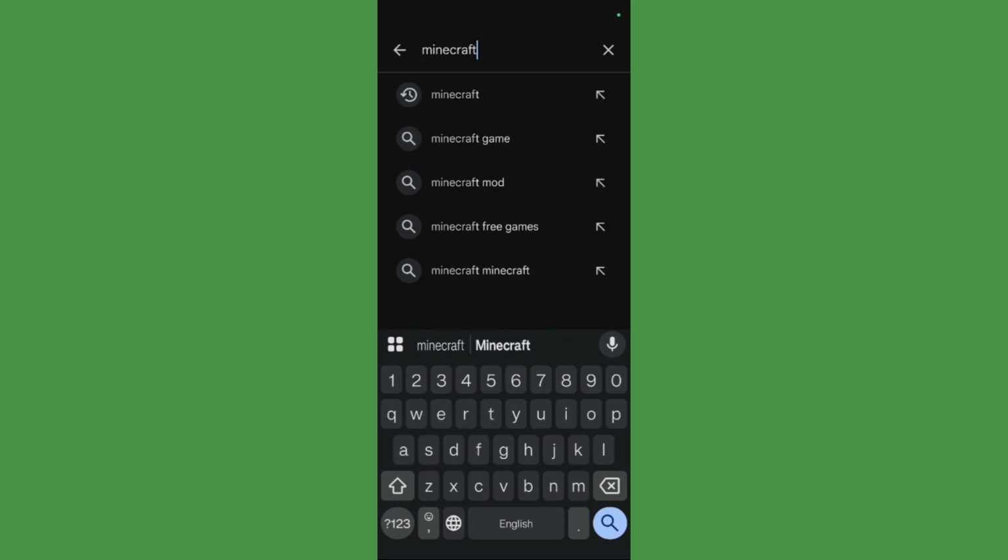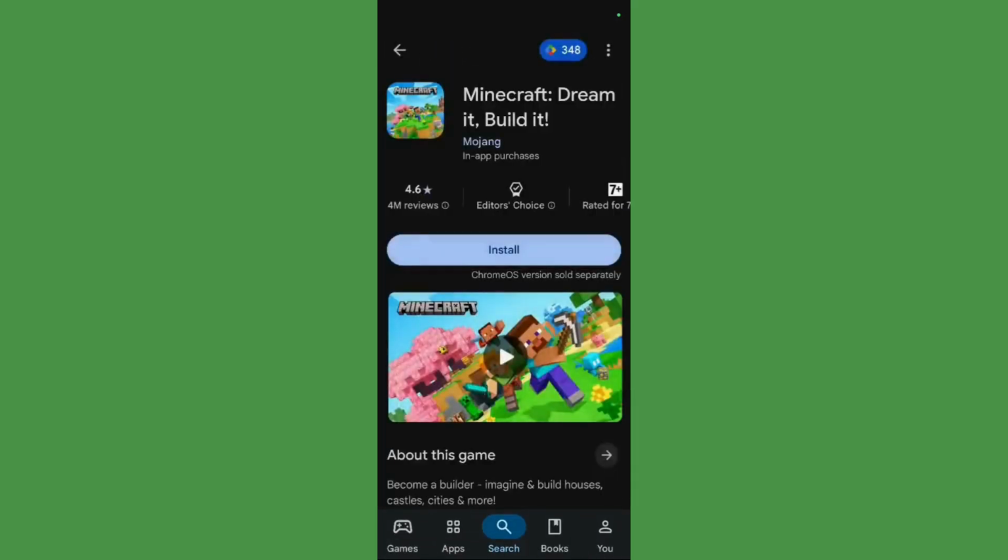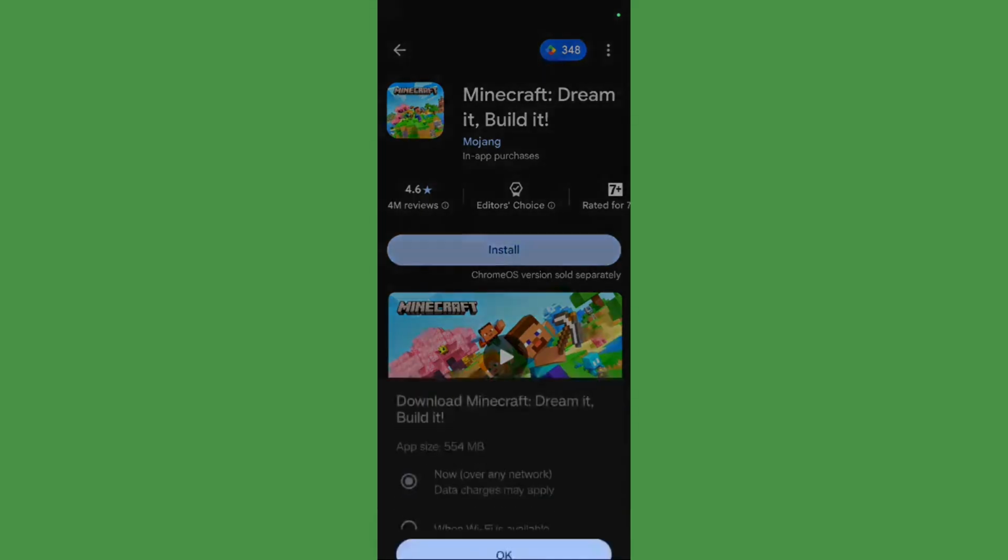Now once you have searched for Minecraft, hit the search bar and you will see this Minecraft game right here. Also make sure you will need to make a purchase in order to install this, and currently it is available at a huge discount, so you might be able to get it under $1, especially if your country of residence is India. Then the next thing that you will need to do is simply click onto this install button, and